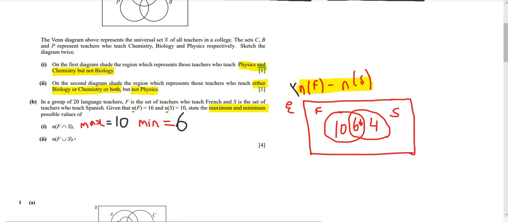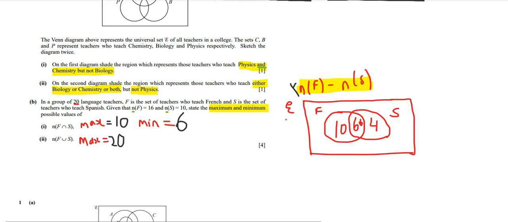Okay, now let's look at the unions. Let's once again start with maximum, then move on to minimum. Okay, so how can we get the maximum possible value for F union S? Well, once again, it's telling us we've got 20 language teachers. Now let's suppose all our language teachers are French and Spanish teachers, right? That would mean the maximum is 20,